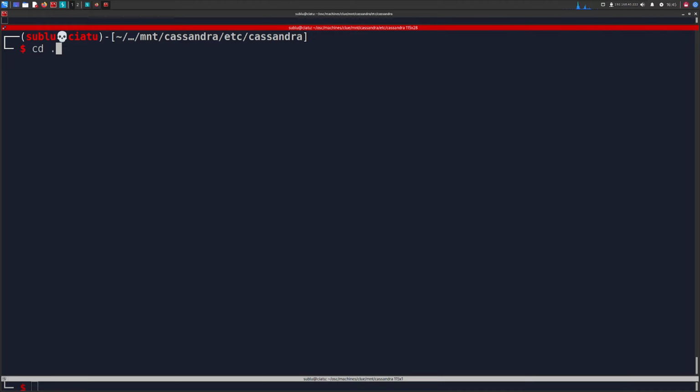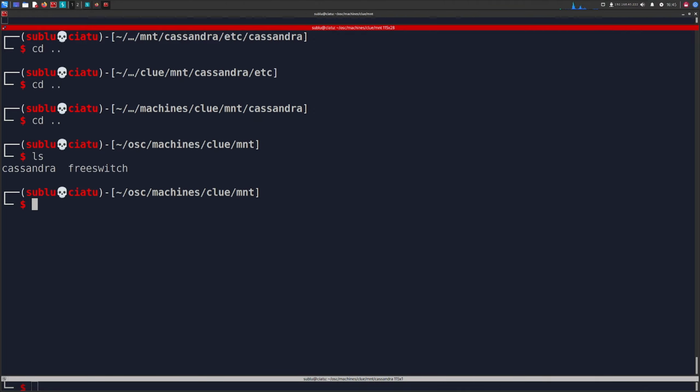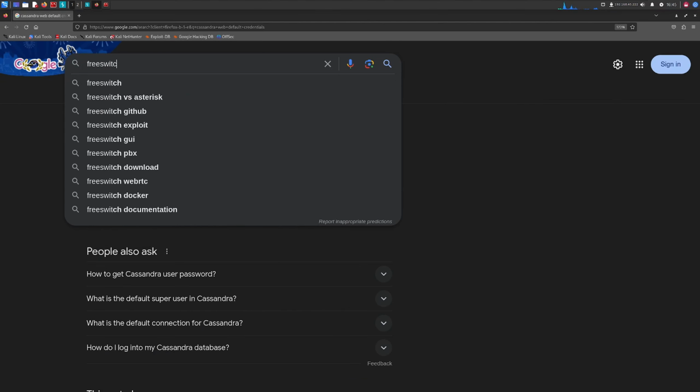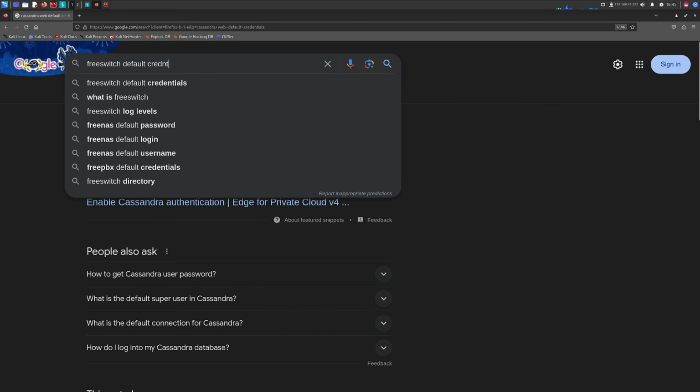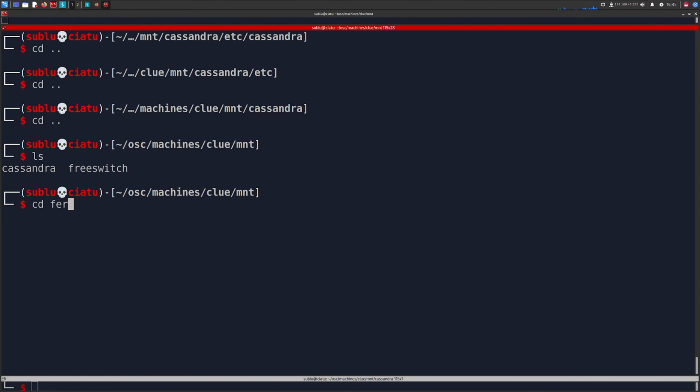So if this is default, I'm assuming that the other one is default as well, or the FreeSwitch one is default as well. We can do a FreeSwitch default credentials search like this. We can see that it's 1234. So if we go into FreeSwitch,